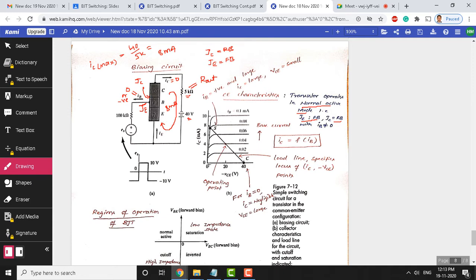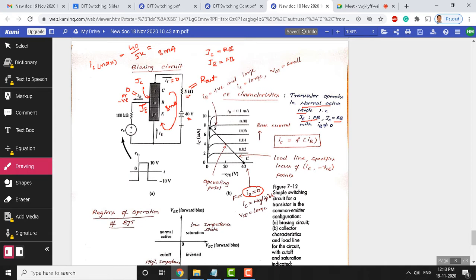The same thing you are observing here in the characteristics. With base current 0, you are on the x-axis here, where you see base current as 0, or that can be achieved by making it even negative. Here you can see that the collector current also becomes 0, but look at the voltage between the collector and emitter, this VCE. VCE is going to be 40 volts.